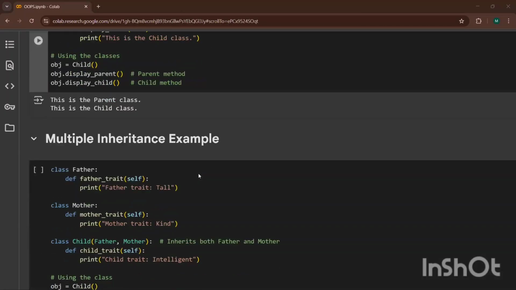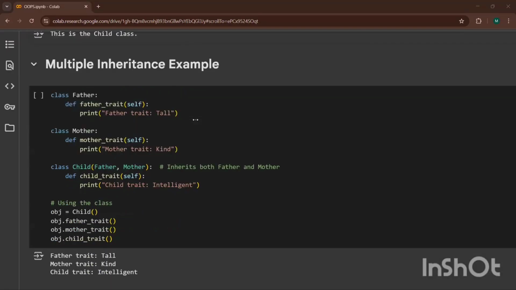After that, guys, we are having multiple inheritance. In multiple inheritance, what is there? Multiple parents can be there to one child. So, a very simple example I have taken. Class Father.